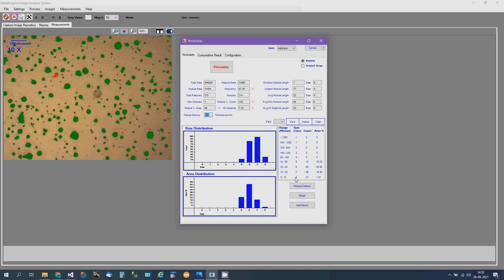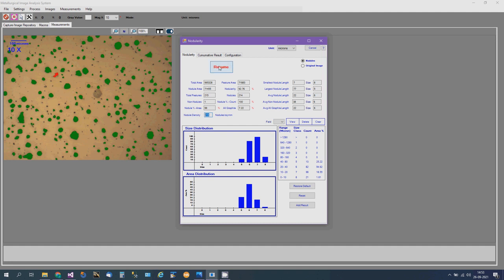This is the ASTM standard for sizing the nodule. When we say size, it is the major axis. If the size is between 0 and 10 microns, it comes under the classification of size 8. If it is between 10 and 20, it comes under 7. So that way, this classification is as per the ASTM standard, which calculates the size. If you look at this, the majority of the nodules fall under size 5 to 7, a very small percentage on size 8, and less than 5, it's 0.